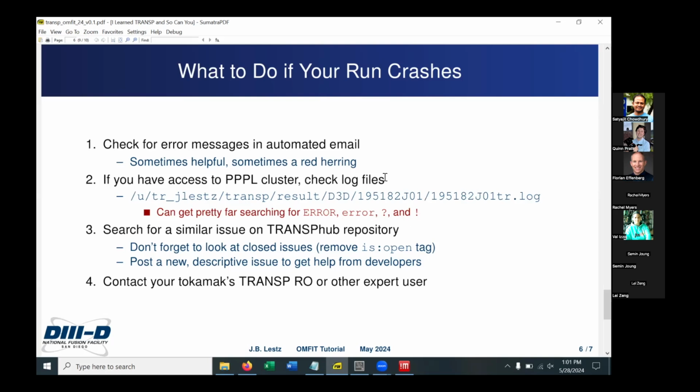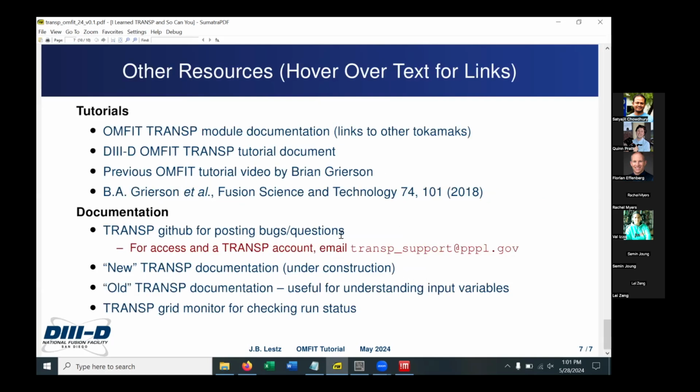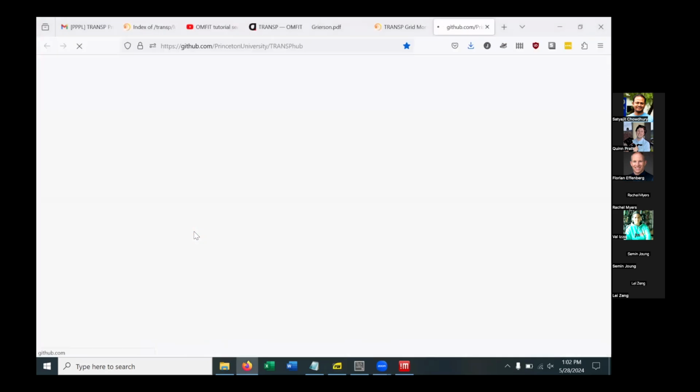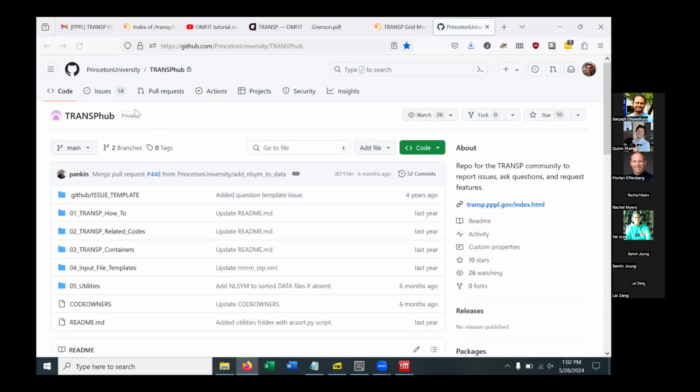But okay, let's say you don't have access to Portal. Then a very helpful tool is the TRANSP repository, which is the GitHub where you are meant to interact with the developers. So these are more resources. Each one of these is a link, so we can click on the GitHub, and if you go to issues,